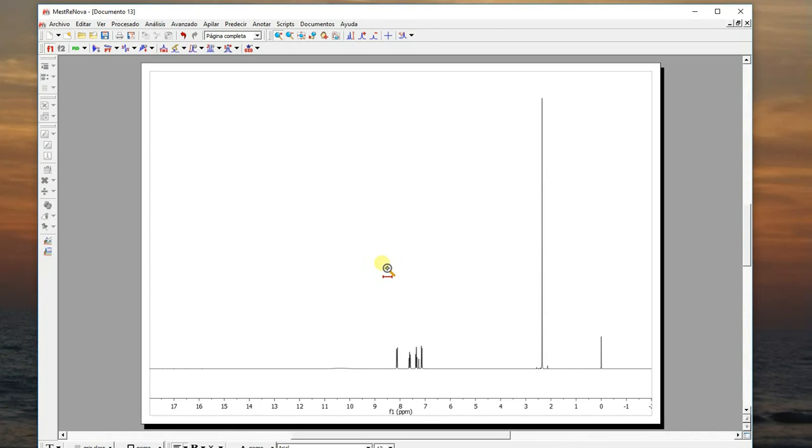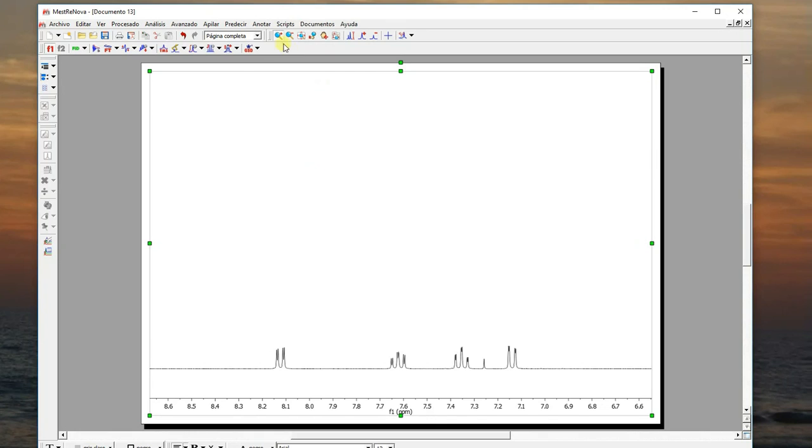If we have a look at the program, we can see here that we have several different icons that correspond to different actions that you can take on the spectrum. For instance, we can increase and decrease the intensity by picking this icon. We can also do that with the wheel of the mouse. We can make an expansion by picking and dragging with this magnifying glass signal,